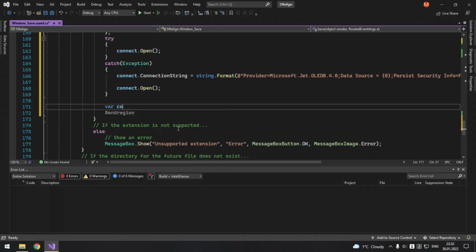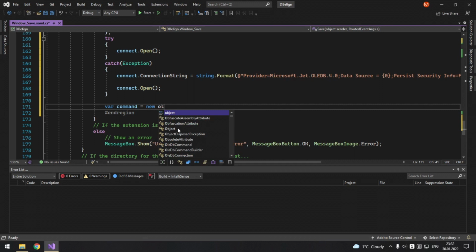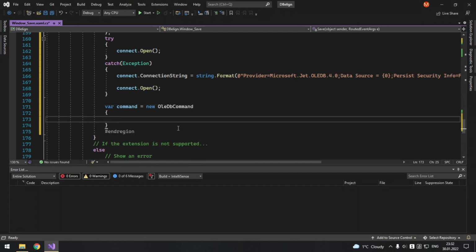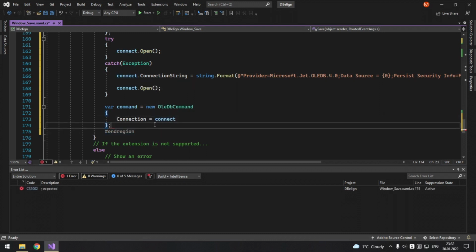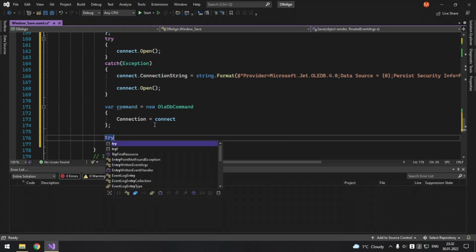So then we need to create a command. So var command equals new OleDbCommand, and in its connection we will set the connect. Okay, and then again we put it in another try catch block.